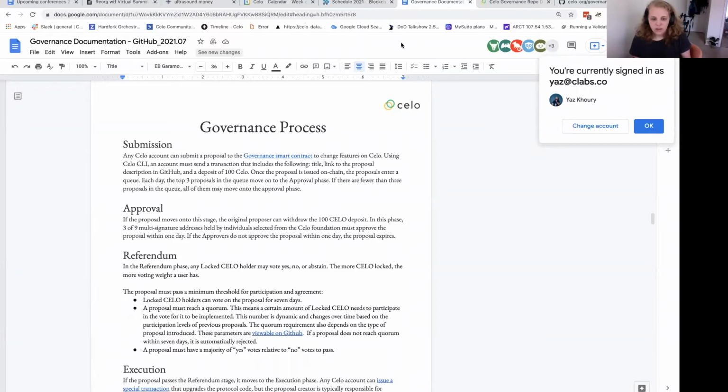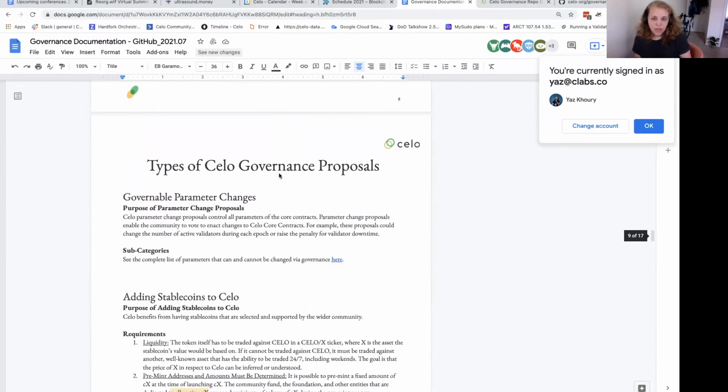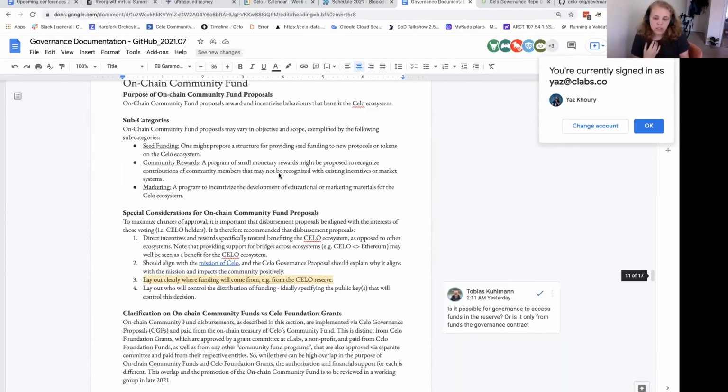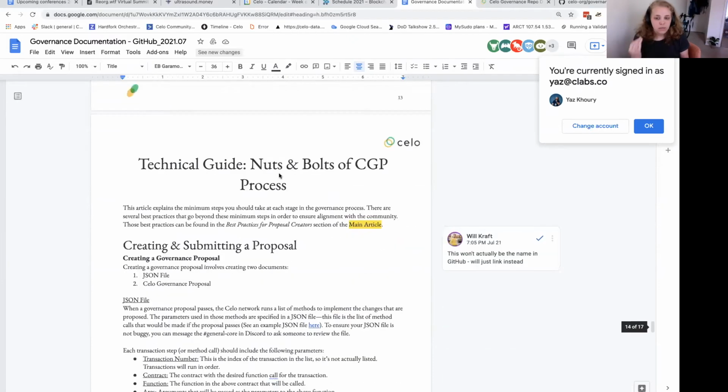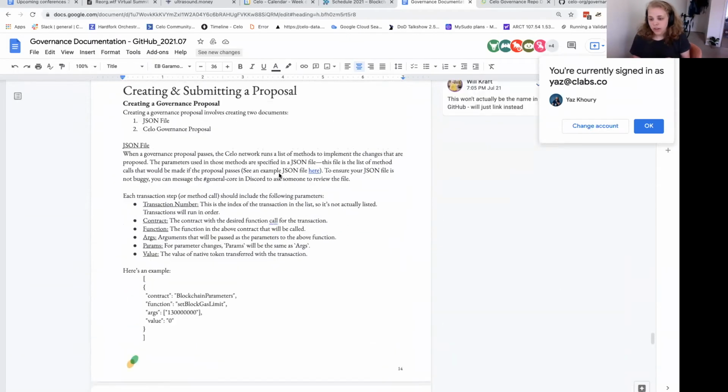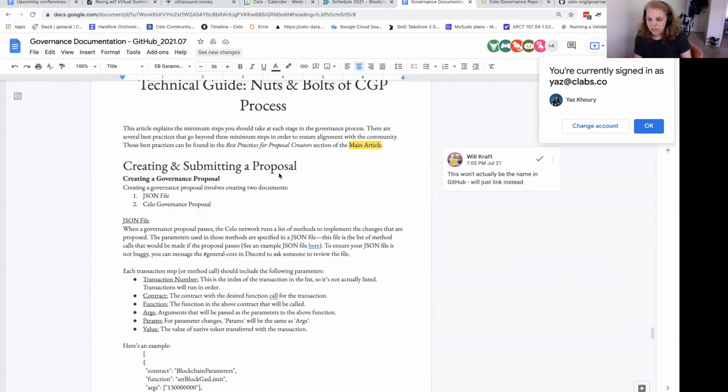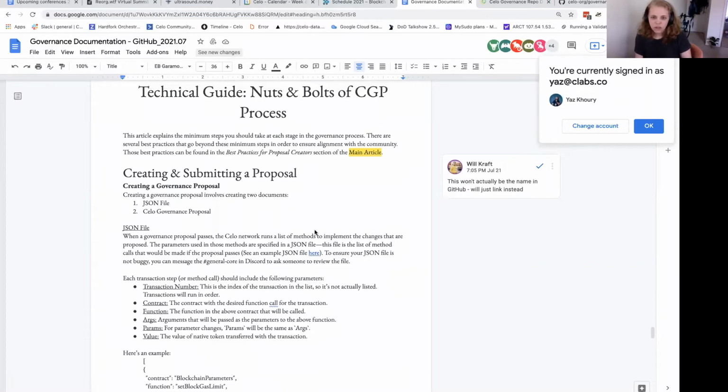And then we started with a technical guide on page 14. That'll be like the nuts and bolts of creating and submitting a proposal on chain, and into the code and how to do that there. So primarily we're looking for feedback on the process, the nuts and bolts, and the bit more of nuance of what we're looking for in submitting a proposal and parsing it through on chain. Are there any questions so far?